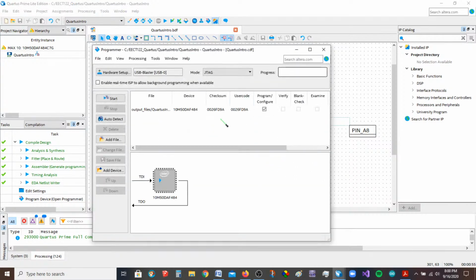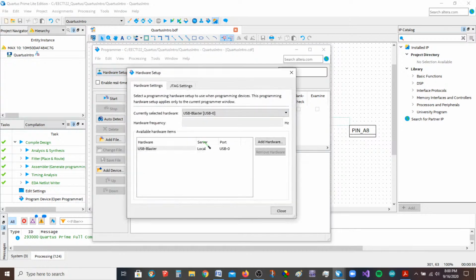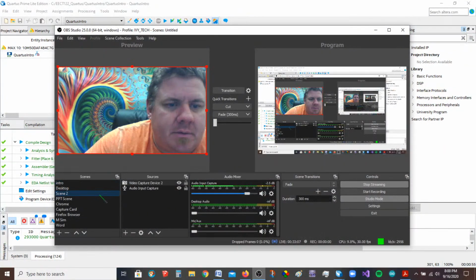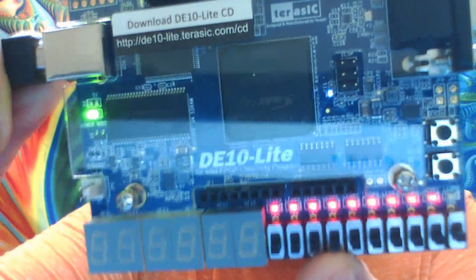This is setting up the interface between the actual physical device and your project. So there's my device. I don't have to touch anything here. The only thing I might have to do is the hardware setup. You may have yours set to no hardware. Okay, now here's the other thing, and I'm going to put the camera on for just a second. You have to have your, sorry for the laptop camera, it's so shaky. You have to have your board turned on and plugged in before,